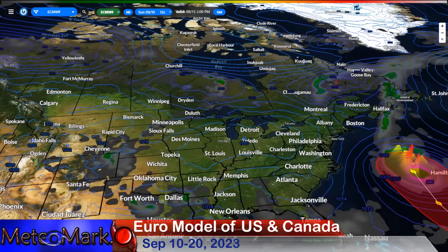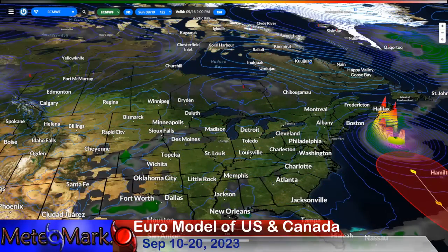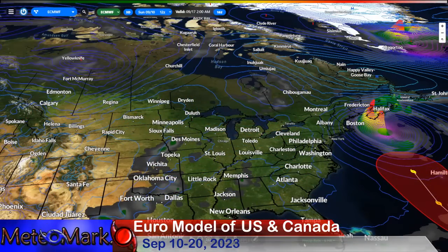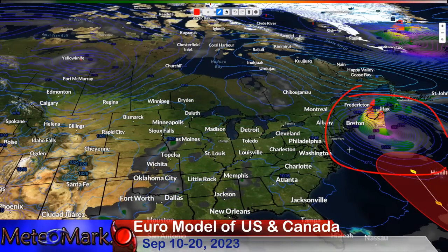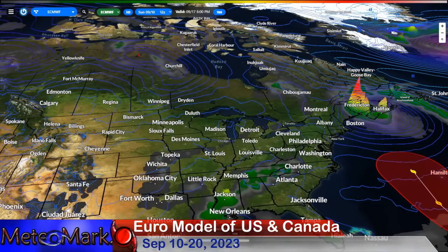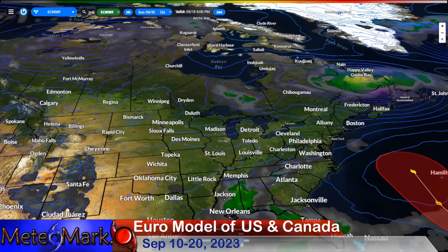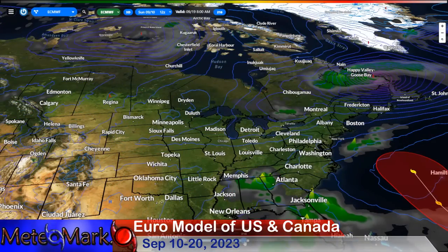It does look a bit moisture starved, however. Also up here over the Canadian Maritimes, another low pressure. The big story, though, as we head towards the 16th and the 17th is what happens with Hurricane Lee over here. You can see that area of high pressure blocking Lee initially, but retreating to the northeast and allowing the system to target extreme eastern Canada here, the Canadian Maritimes, and that heads up towards the 19th and the 20th,